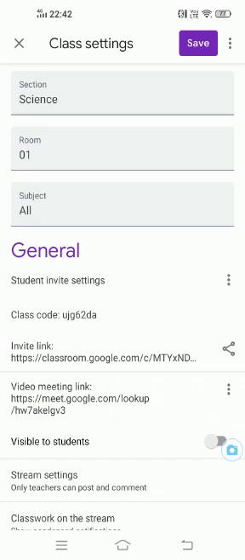After that there is another option, visible to students. Now if I click on this visible to students, then you will see there is a change in color. The change in color indicates that